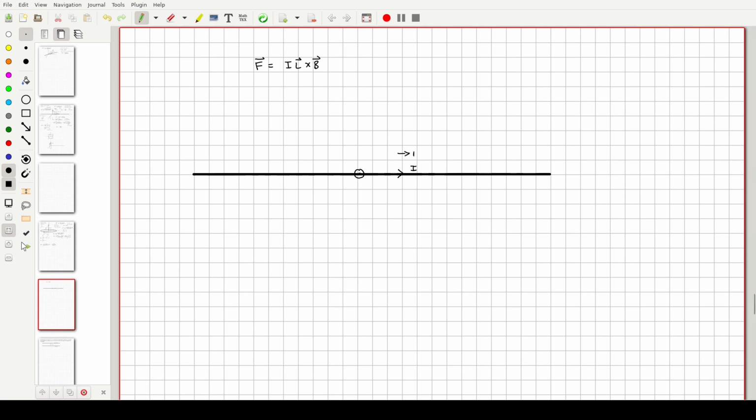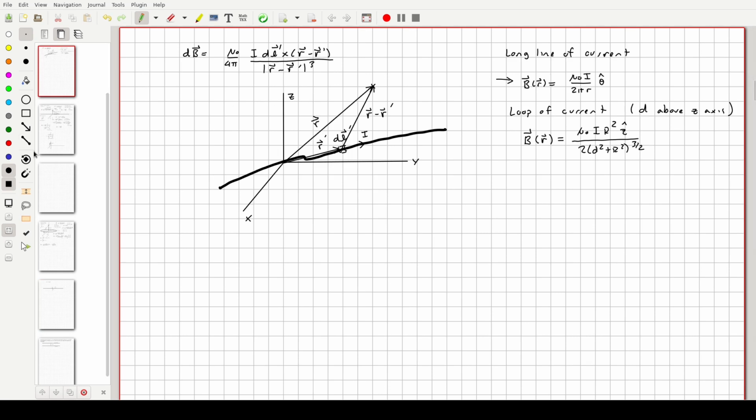This would be the direction of L, in the same direction as current flow. B here is out. You put your fingers in the direction of L. You close them towards B. And you end up with a thumb that points down like this. So this would be the direction of F on the wire, presumably along the entire length of the wire, neglecting fringe effects. So if you go over here and you take a look at the result that we got for a long line of current,